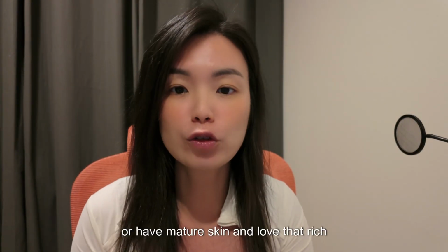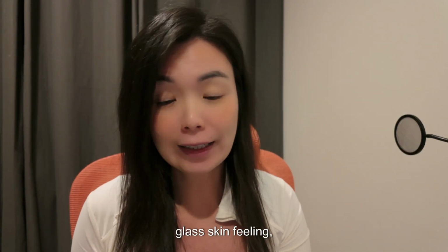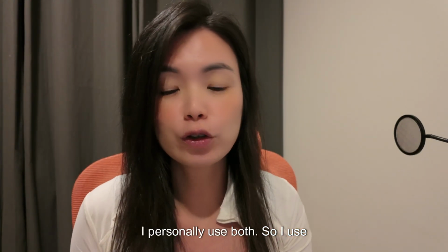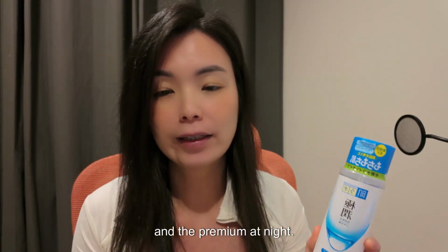If you're feeling dry or have mature skin and love that rich glass skin feeling, then definitely the premium is worth the upgrade. I personally use both, so I use the white bottle in the morning and the premium